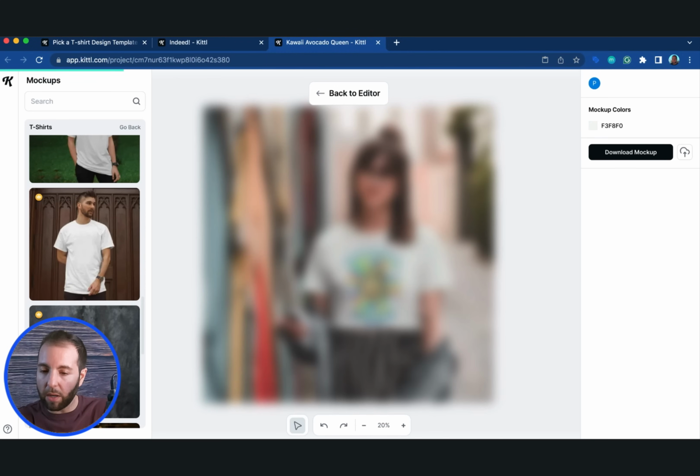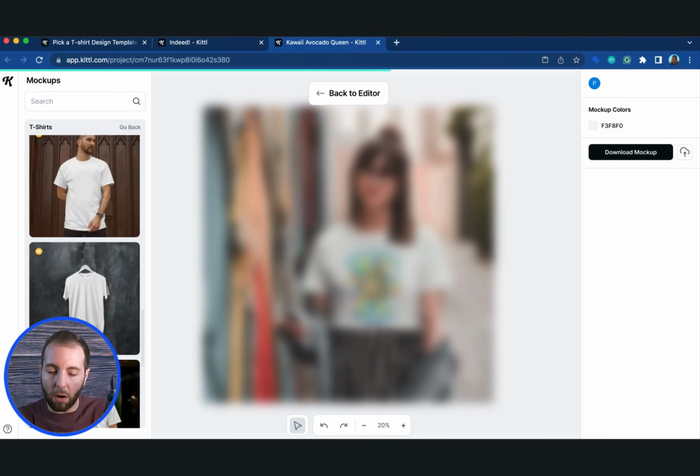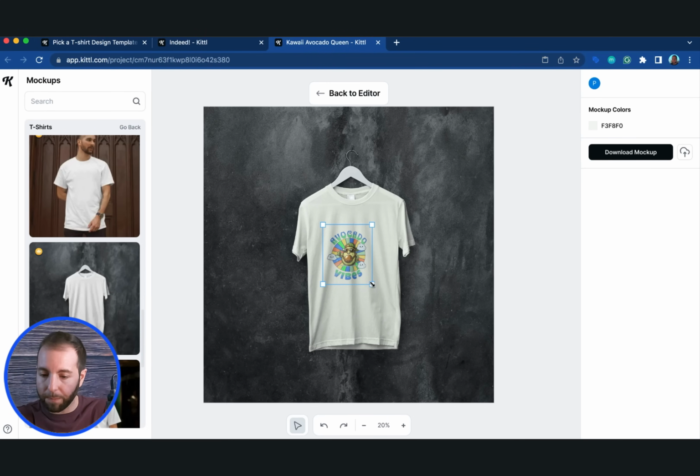And this is what you can do, is get different mock-ups. And let's say you don't want to put it on a person. Let's say you want some that are just on a shirt by itself. You can always swap that out. And you can see how good it looks. And as you move it, you can even see how it takes the wrinkles in the shirt and makes it look 100% legit. So I'm very happy with the way this one turned out